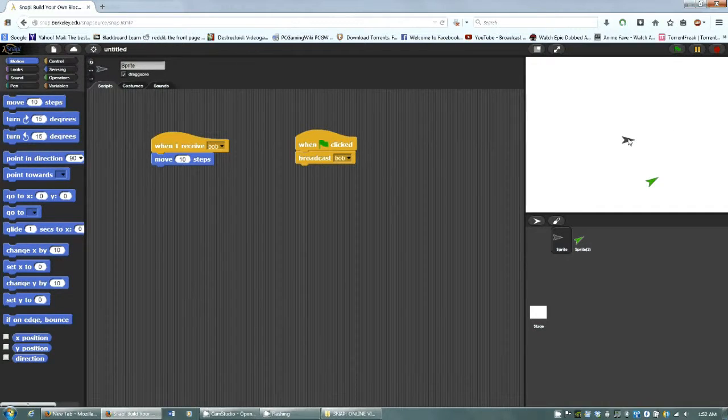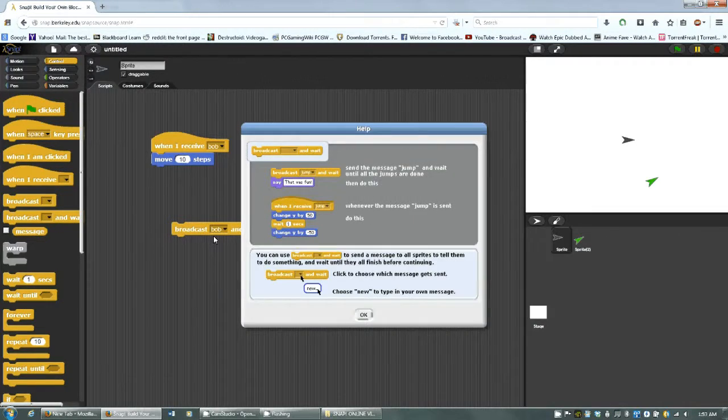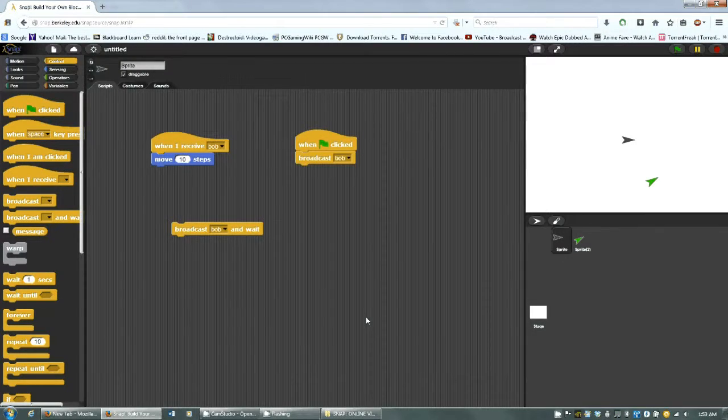Alright, let's go back to our control tab. So we have the broadcast and wait block. This is very similar to broadcast. I'm going to go to help, and it says send the message jump and wait until all the jumps are done. So what that means is if I have, let's say,